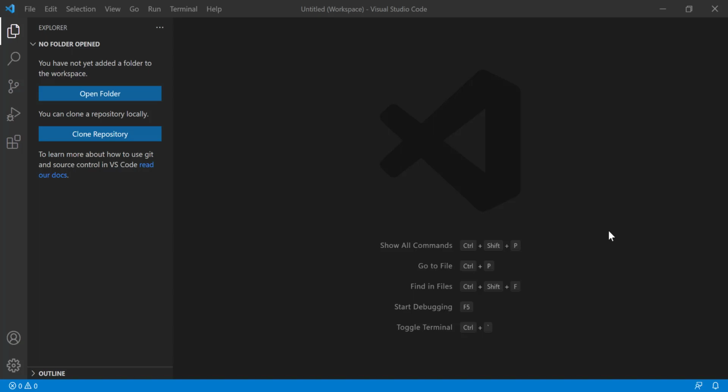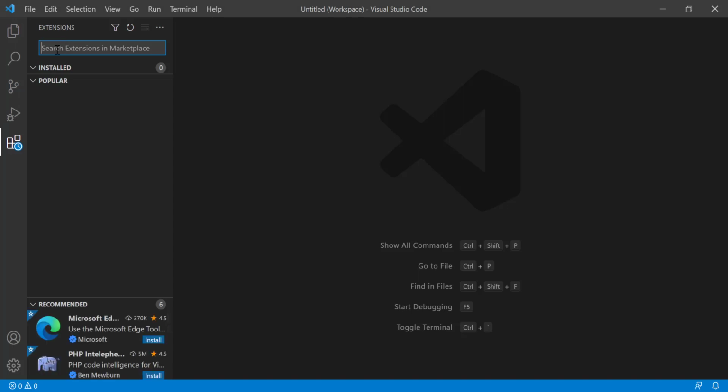Hi, in this tutorial I will tell about extensions. In the Visual Studio Code editor you can use a lot of extensions. In order to code with extensions, you will see that in the left sidebar there is an icon. This is called extensions. Click here